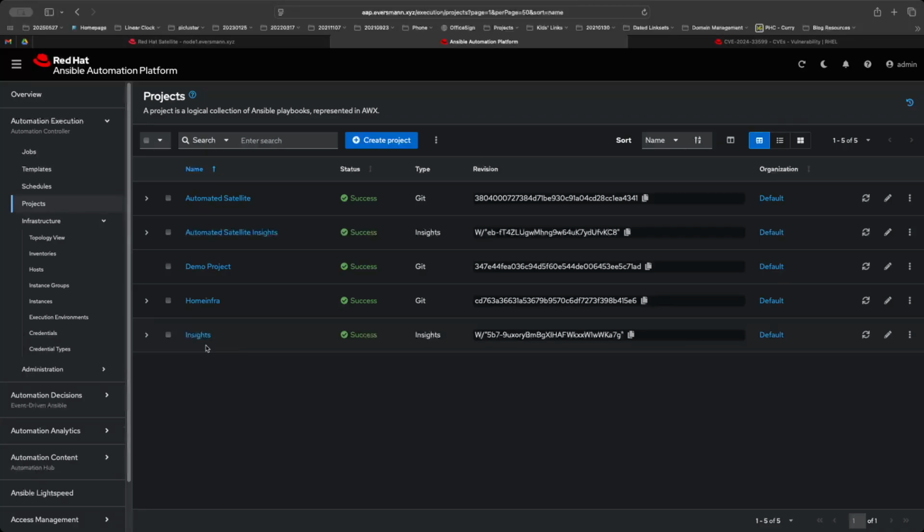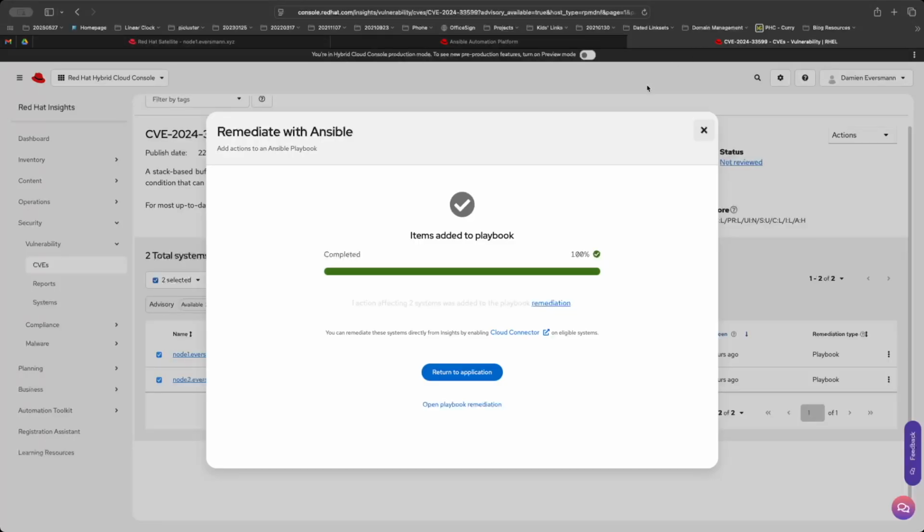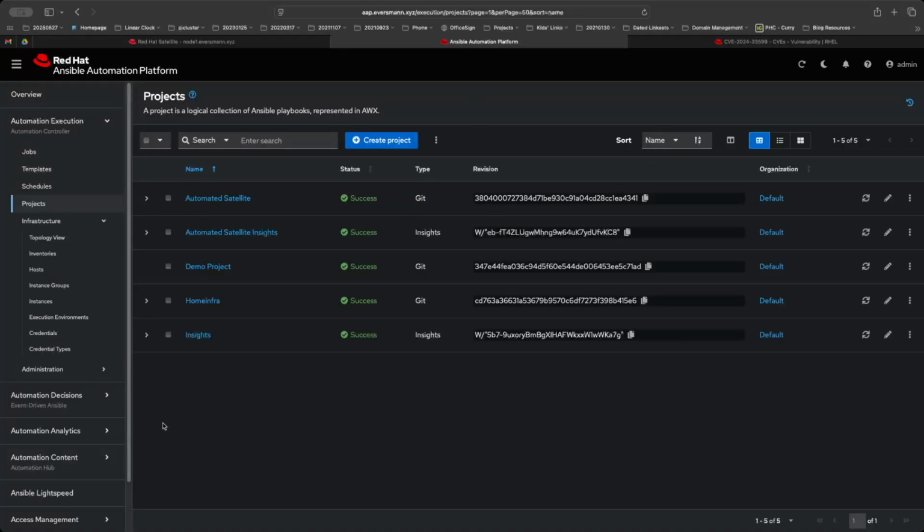What's exciting about these is, unlike the snippets that I was pulling from Satellite that are just generic snippets for patching systems, these come out of my Insights console, which means they have the full naming of the systems that I've got and everything very specifically tied to those systems. So the playbooks that are loaded into this Insights project are actually playbooks that remediate things based on my specific